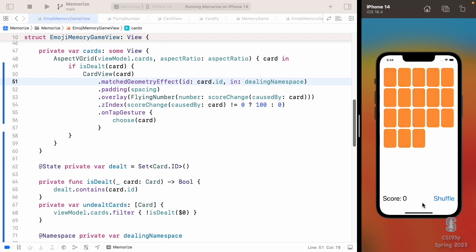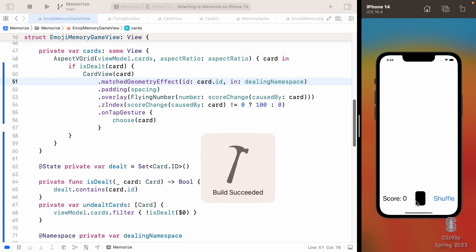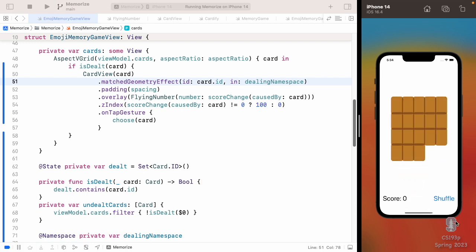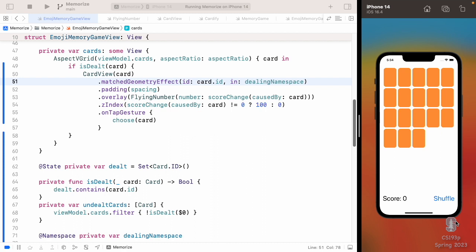Ooh, well, yeah, kinda. A little weird because they started out black and then they kind of faded to be orange. Did you see that? Let's see it again. They did match their geometries, but they also are still doing this fading business. Well, this guy has transition opacity, so he's fading out. These guys have transition opacity, they're fading in. That's not really what I want. And the lesson here is dot transition is still in effect. Even if you do match geometry effect, that is going to match the geometry, but the transitions are still there.